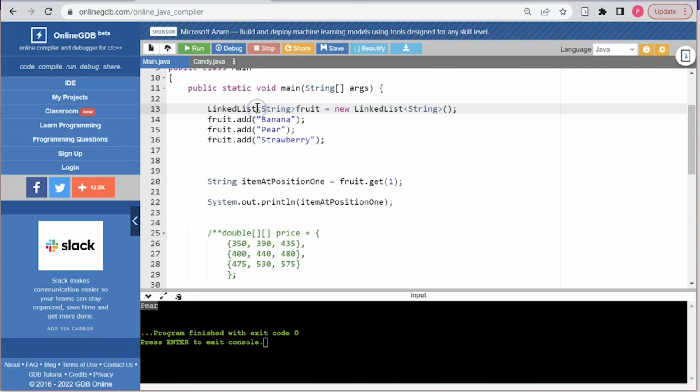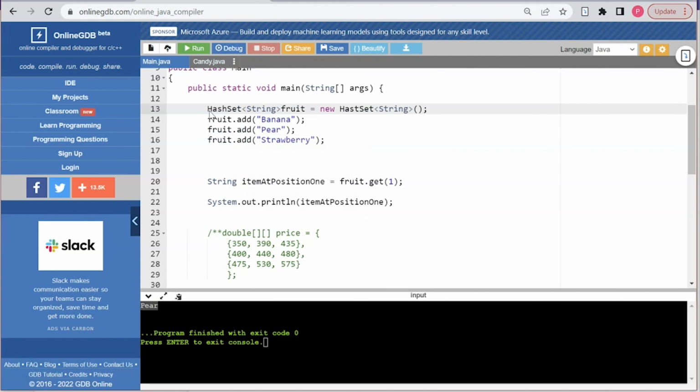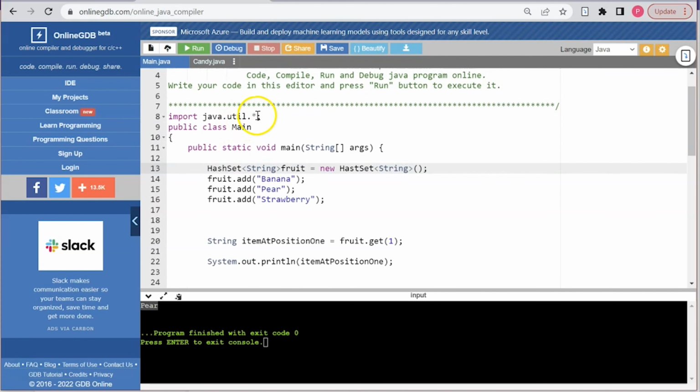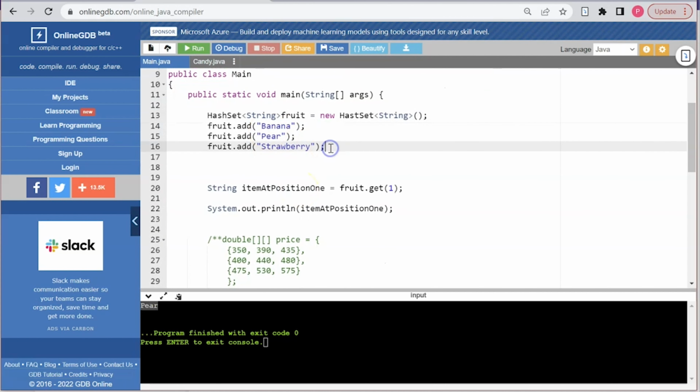Now, a hash set functions a little differently than the linked list and the array list. The uniqueness of a hash set is that it can only contain unique values. So if I were to do something such as this, and we could use hash set because it's bringing in hash set from our import statement, if I were to add another fruit and say, let's add pear,